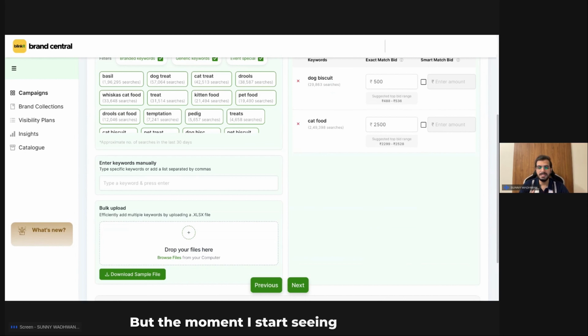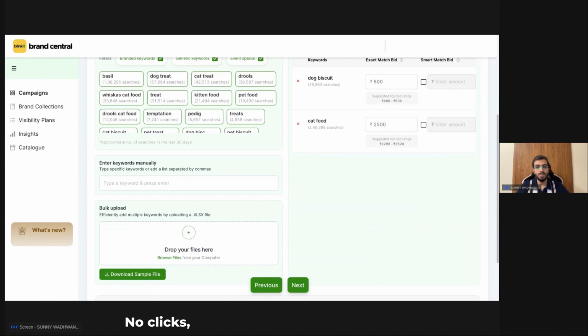But the moment I started seeing it, कि ये तो sales का data ही नहीं दे रहे. And maybe if you're a big brand, you can just assume that if I'm running listing spotlight ad regularly, how much it is impacting my total sales. Total sales पे इसका क्या impact है? So based on that, you can just take that call and see whether listing spotlight is actually adding any impact to your total sales or not.